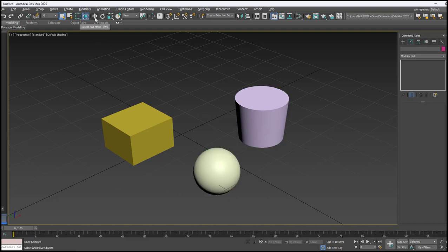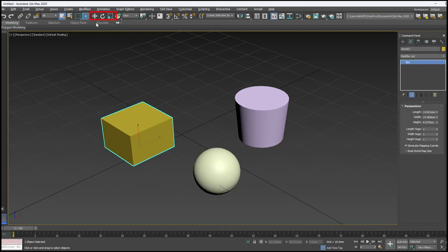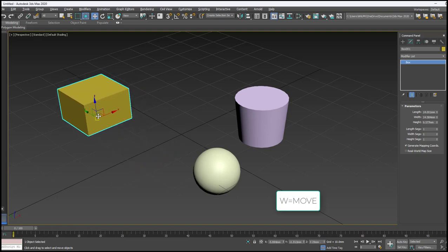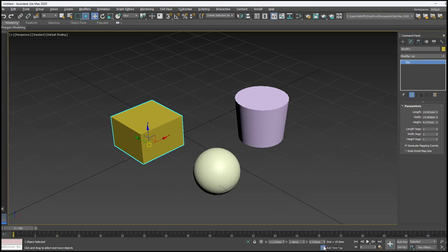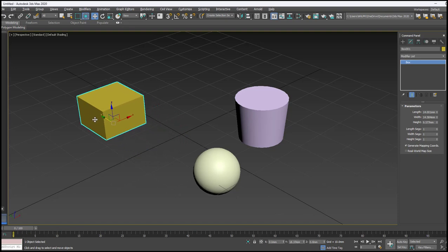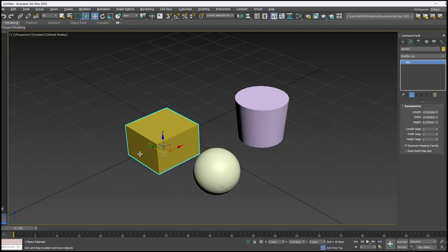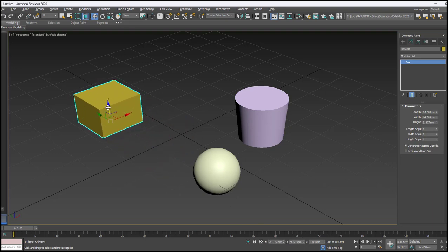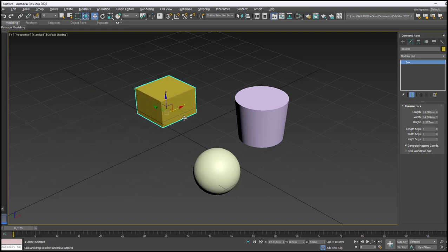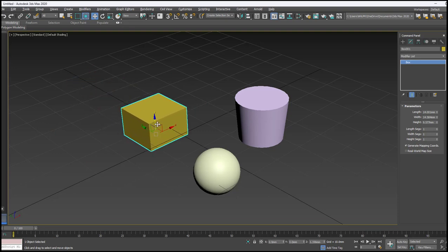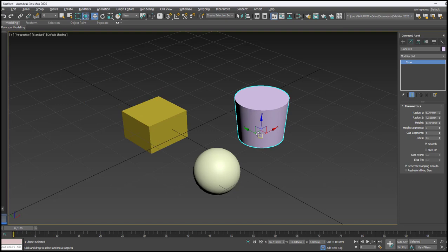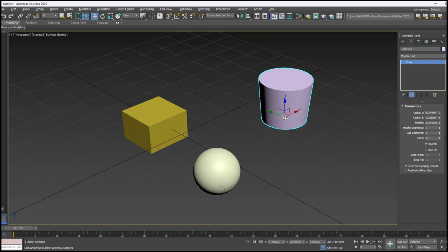Next we have editing commands, that is move, rotate and then scale. In order to move this object, you click on the move or else you go with the shortcut key, that is W. With the help of keyboard, you can press W and then move it. As I am moving the object, here you can see the coordinate, in which direction you want to move. Now I am moving it in Y direction. Just have a look over the Y coordinate. This is Z and this is X. In order to move along a particular axis, you can get the move command and then you can move any object which one you want to move.